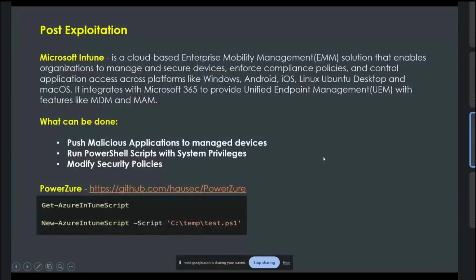Okay, coming to the last slide. Microsoft Intune. Any organization would have multiple devices like Windows, Linux, macOS, and with a bring your own device policy, they will be using Android or iOS devices to access work organization accounts, like work email. For managing all these devices across Windows, macOS, as well as Android and iOS,